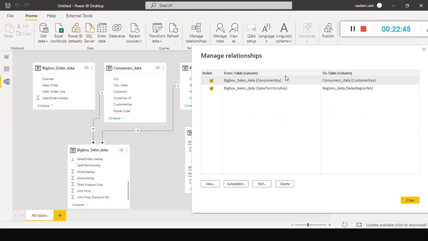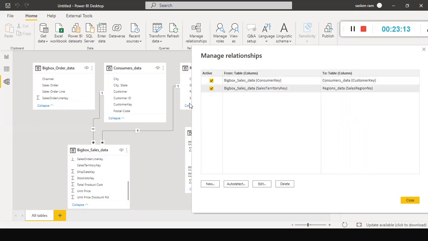For the many side and the consumer data table, I use customer key to link these two. Consumer key and customer key, these two columns got linked, and it's correct. The next one is in the region table: the sales region number, I used it to link with the sales territory key column in my fact table, which is nothing but big box sales data.